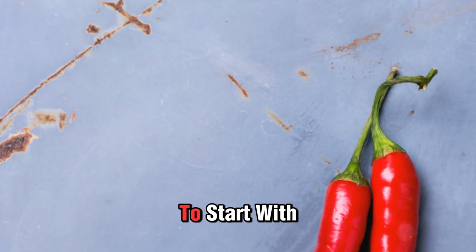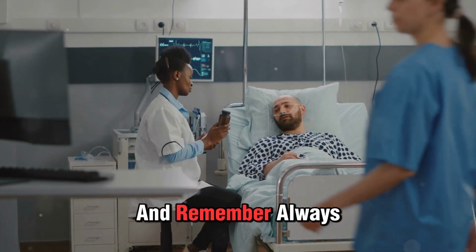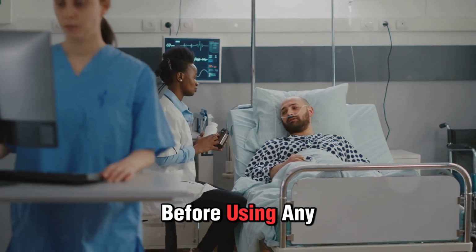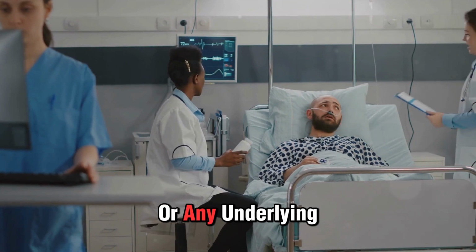The key is to start with a low concentration and gradually increase as needed. And remember, always consult your doctor before using any topical capsaicin products, especially if you have sensitive skin or any underlying medical